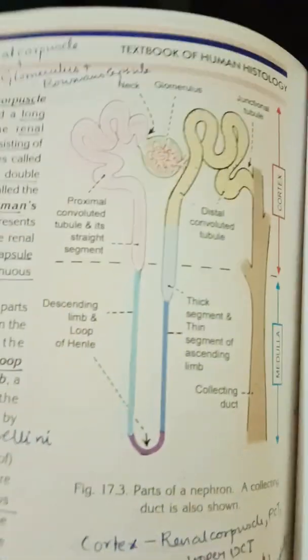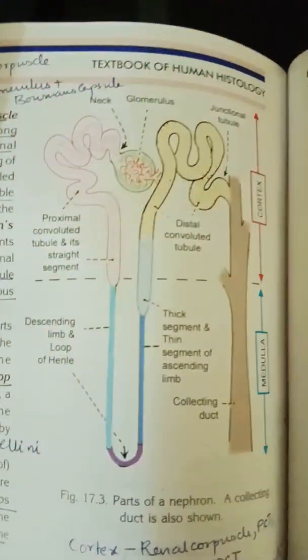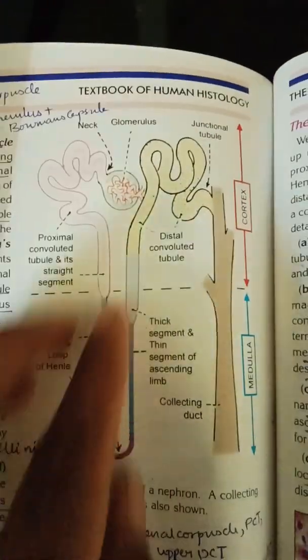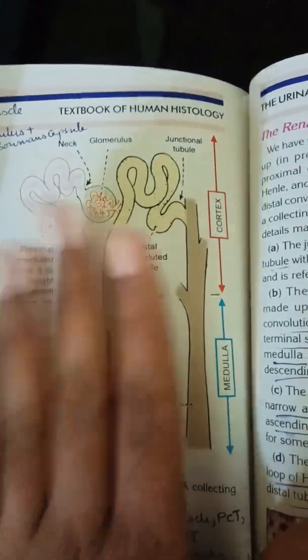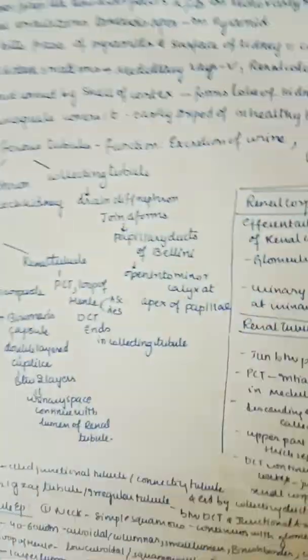So you can see the uriniferous tubules are divided into our nephron and also collecting tubule. So this is all together known as nephron. Nephron is a structural and functional unit of a kidney, we all know. So there are about 2 million nephrons in each kidney. So together we can say 4 million nephrons in our both kidneys. So many million nephrons.